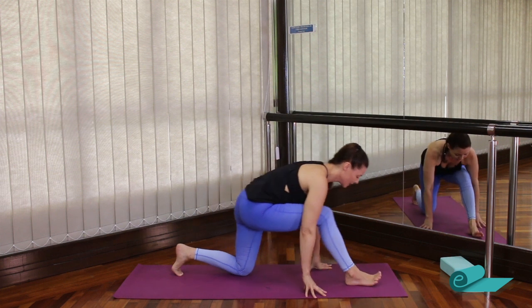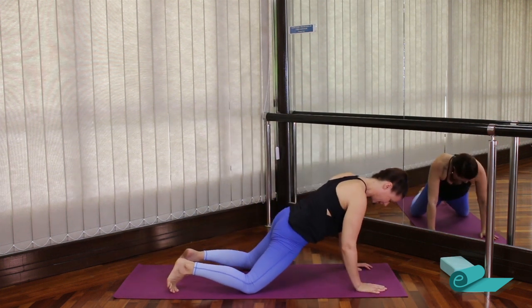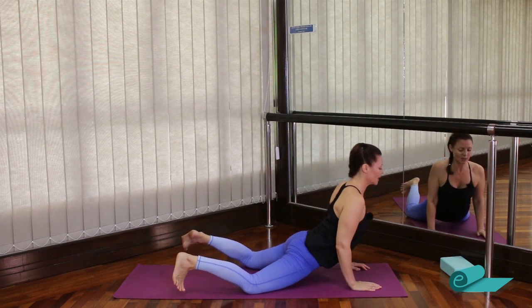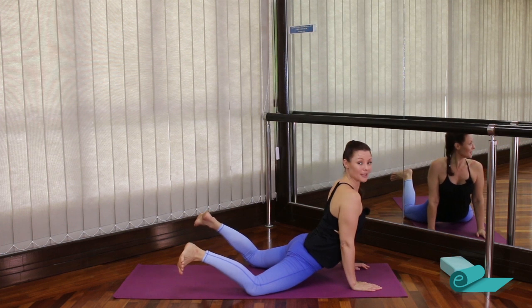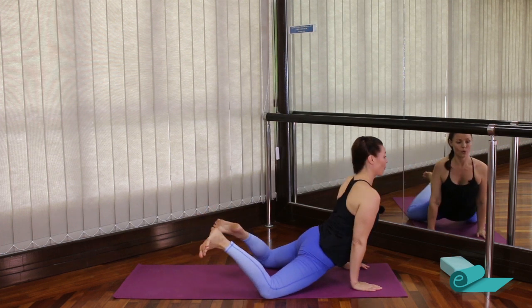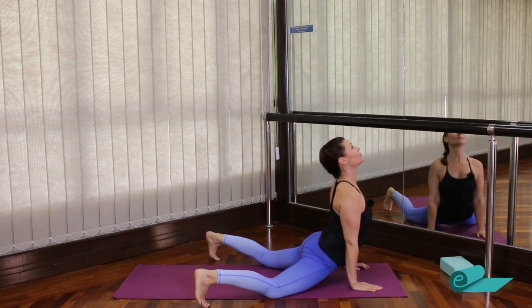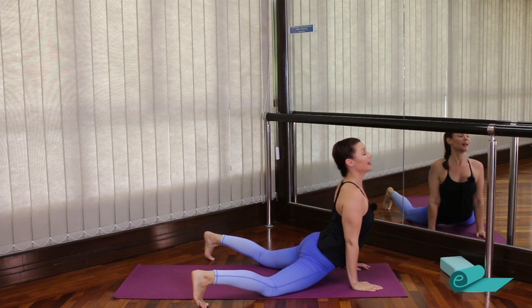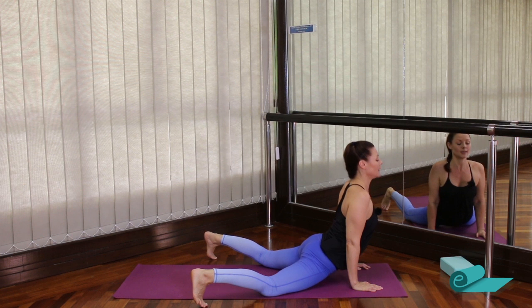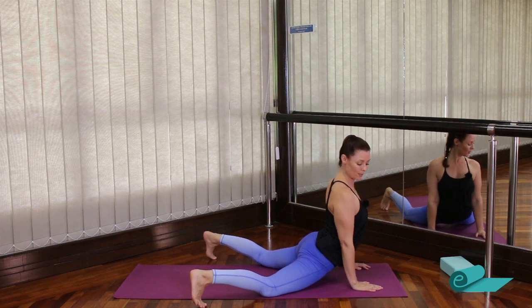Come forward and then swing that knee back into your cobra like we did earlier. So your chest is lifted, knees are open, and in this position you can almost kind of crawl towards your hands to really open your back even more. So this is a fantastic back opening and a really great hip opening exercise. Make sure you're not dropped fully, your hips are not down, your abs are connected and your shoulders are open,